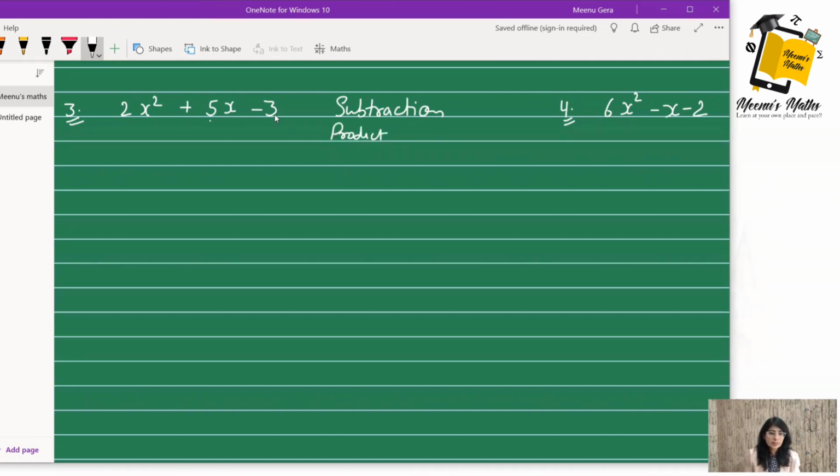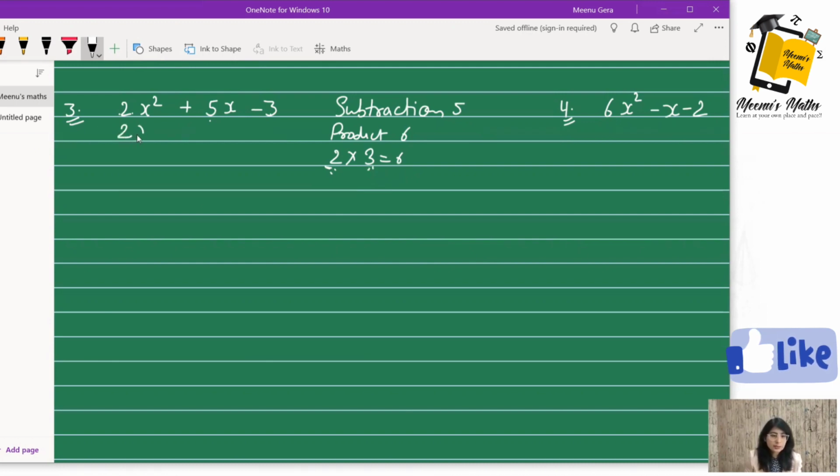is, this is 3 2s are 6. Product of the first term and the third term, and the product should be 6 and the subtraction should be 5. So I think we are quite clear here, because already 2 and 3, 2 plus 3 are 5 and 2 multiply 3 is 6. It is quite clear here.